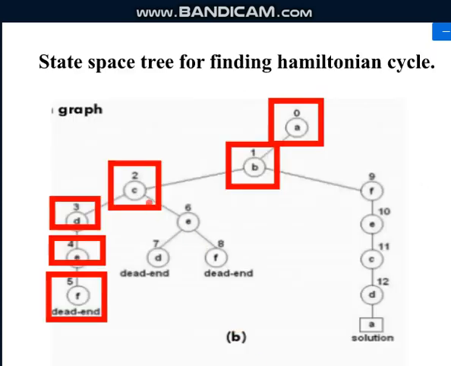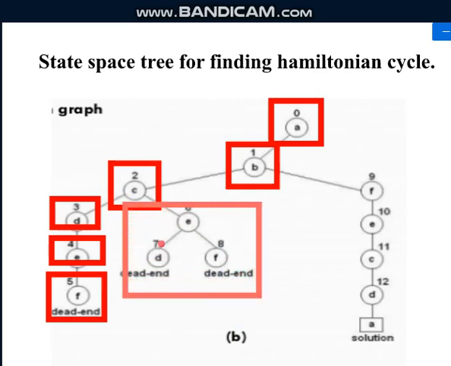So from E, you can traverse to either D or F, but from D you cannot go to F and then to A. So again it will not form a cycle with all the vertices. If I consider F, from F you don't have any paths to D or A. So again it will not frame a cycle considering all the vertices. So we will go back from C to B and try to find a different path.